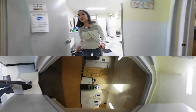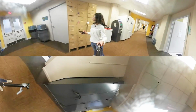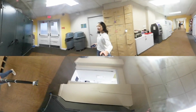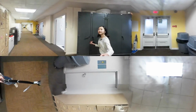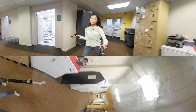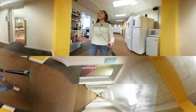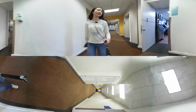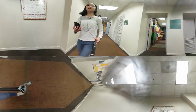And then these are some lockers where some students put their own snacks if they don't want to put them in the music room. And this is where they have some trash bags and anything to put your trash in. So yeah, that's basically the downstairs. And I will be heading to